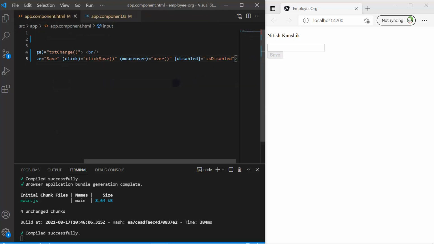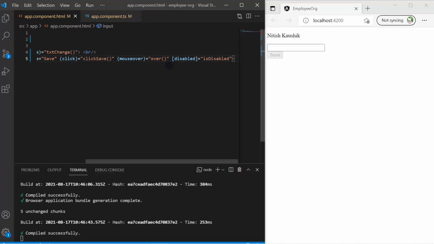So here are a couple of things to understand. If you need to make any change in the property, then always use the square bracket. Do not use the interpolation. If your work is possible by using the interpolation, then you can also do that. But in the current scenario that we are discussing over here for the button enabling and disabling, we need the boolean value, not the string value. And in that type of scenario, you have to use the property binding.